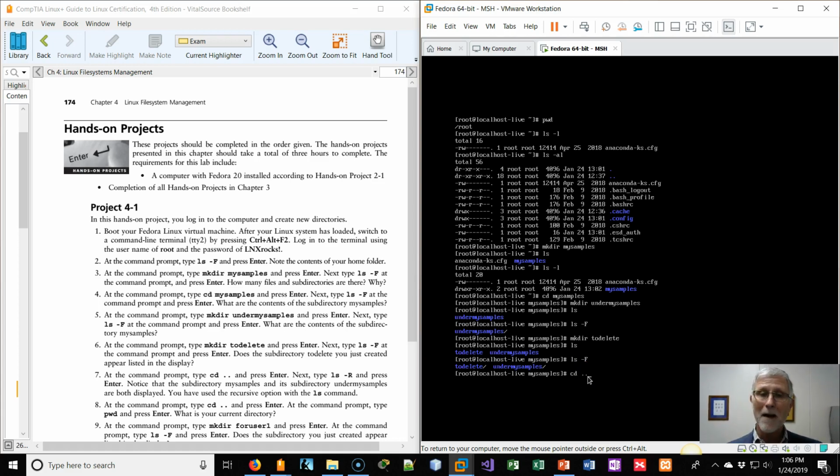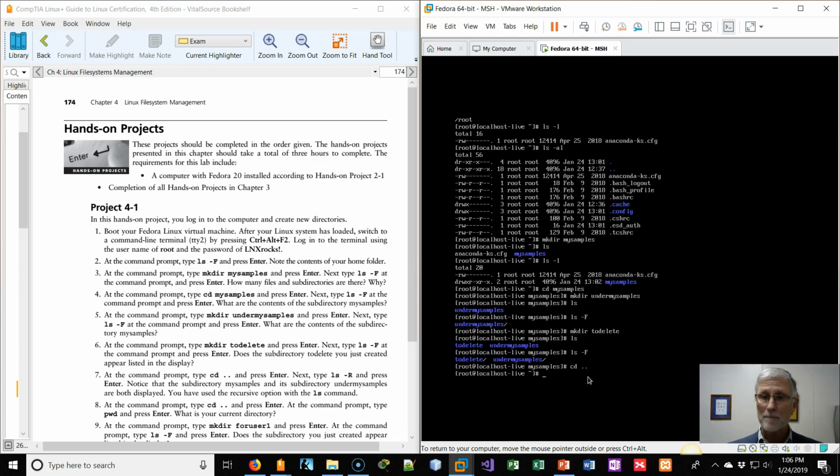cd .. says go back one directory, because the period means it's the current working directory. The .. means go back to the previous level. So if I want to hit cd, change directory to .., and now you look at it, went from my samples to my home directory, as you can see by the tilde. So if I do an ls,